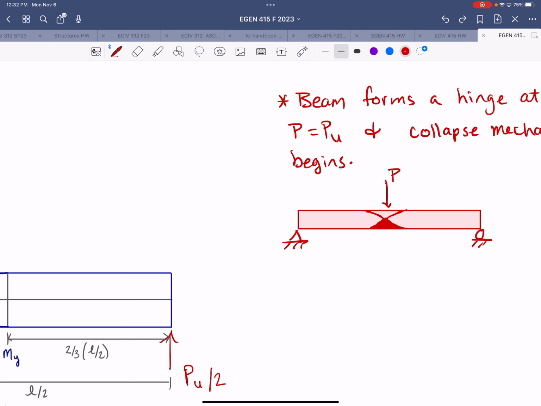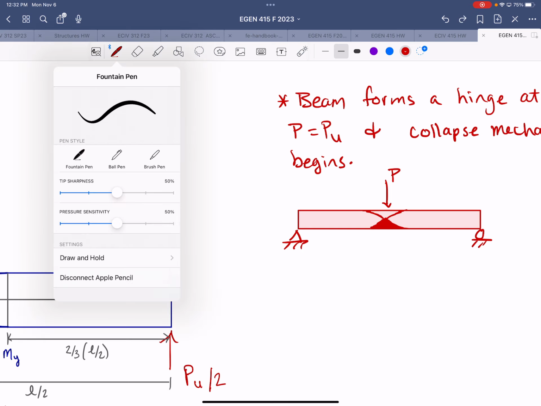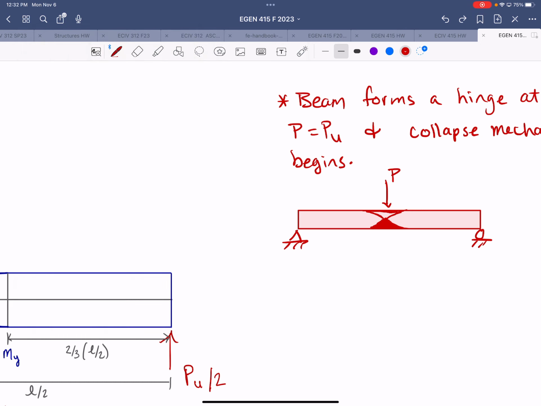That's a little bit exaggerated there, but you get the idea. So as you go along the length of the beam,